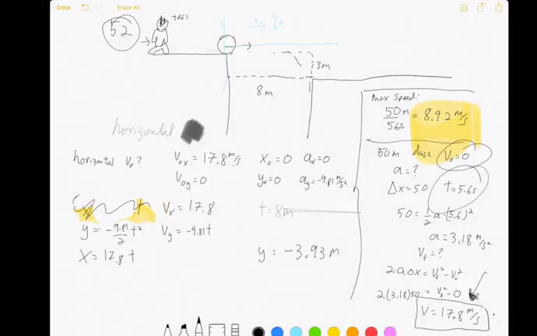When x is at 8 meters, I want to figure out what t is. So 8 divided by 17.8,